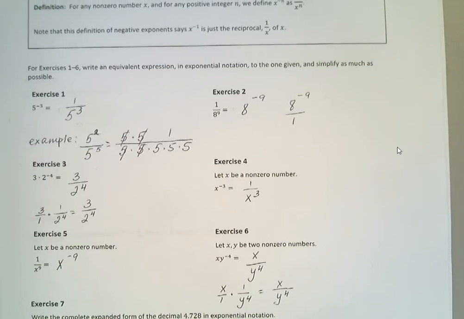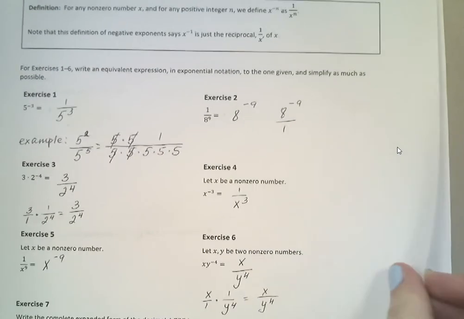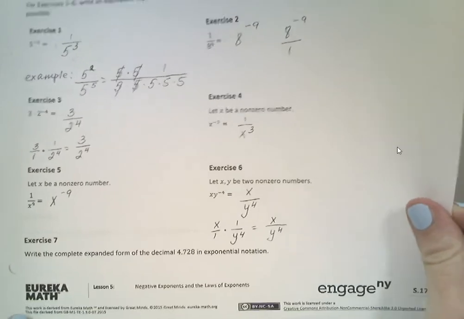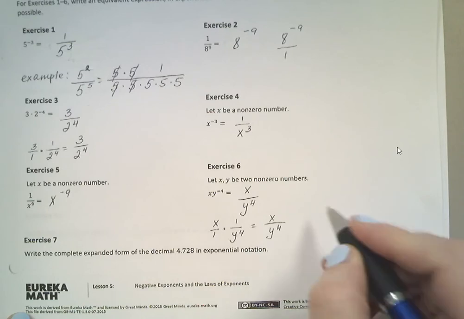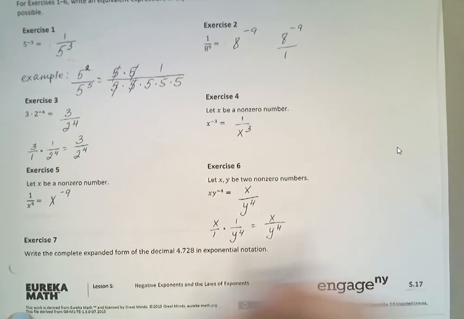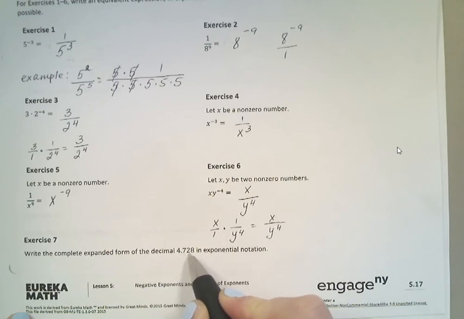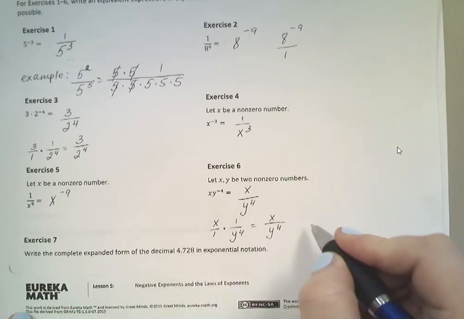Now let's go ahead and do exercise 7 together. Exercise 7: write the complete expanded form for the decimal 4 and 728 thousandths in exponential notation. So let's take a look at this. 4 is in the ones place, right? 728 thousandths: 7 is in the tenths place, 2 is in the hundredths place, and 8 is in the thousandths place. So I can write that as,